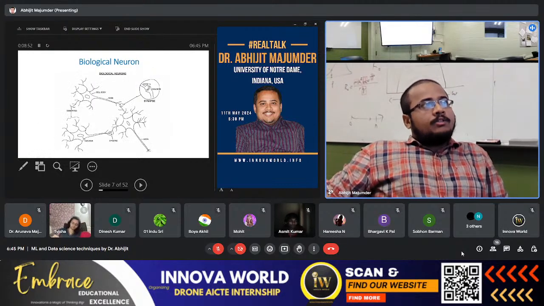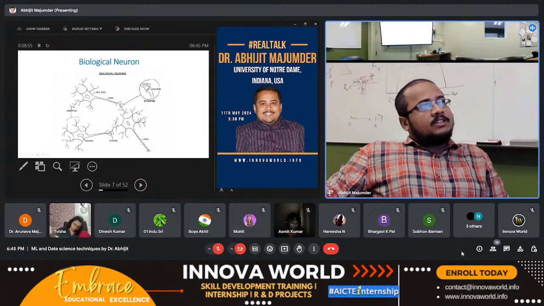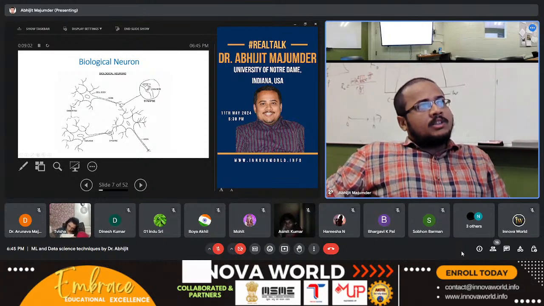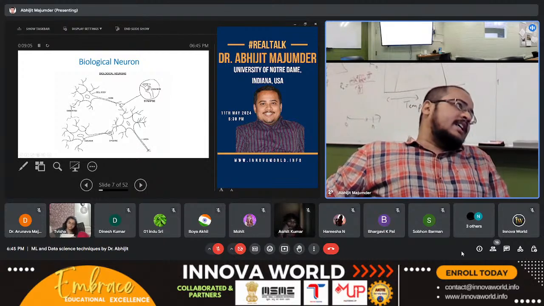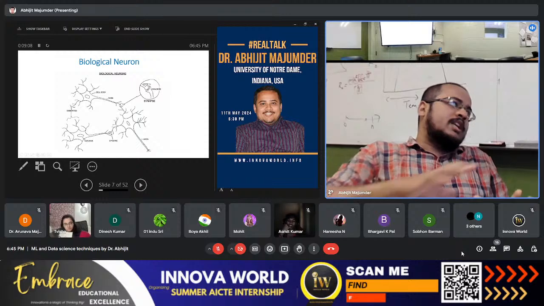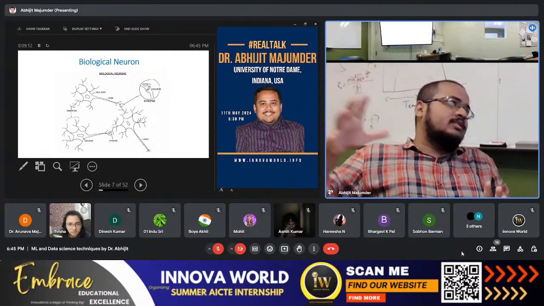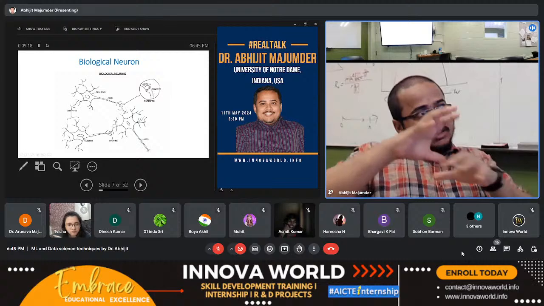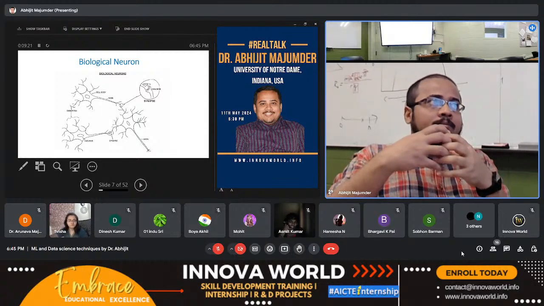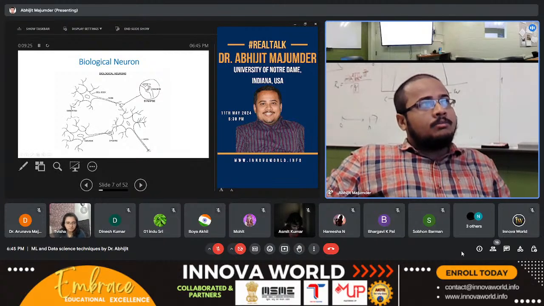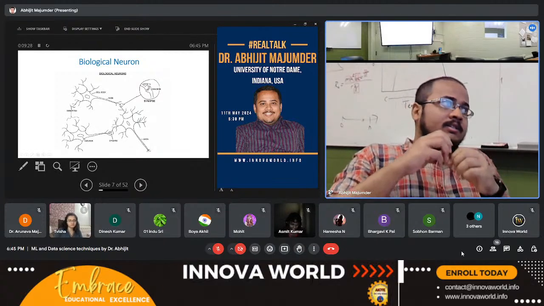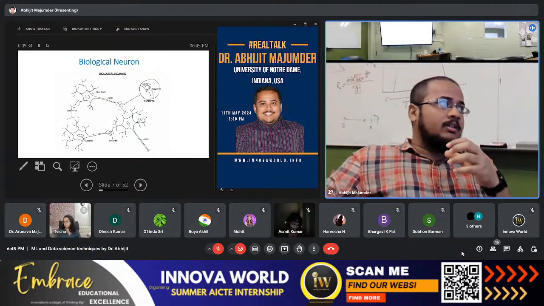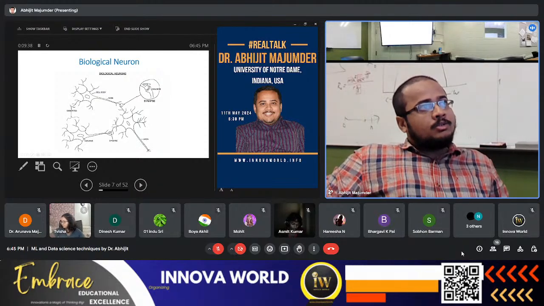Okay. So this is a cartoon picture of our neuron. You can easily see that this is a neuron, these are the synaptic nerves, this is the cell body, and this is the axon. What happens here is that these synaptic nerves are connected to almost 10,000 other neurons, and when data is transmitted into that neuron, the data is stored in the neuron body and undergoes some changes in that neuron,